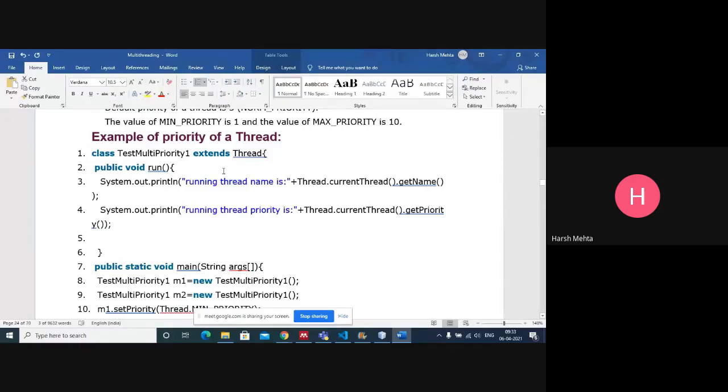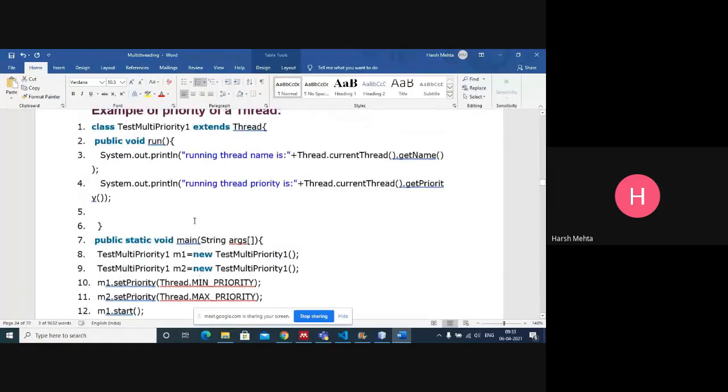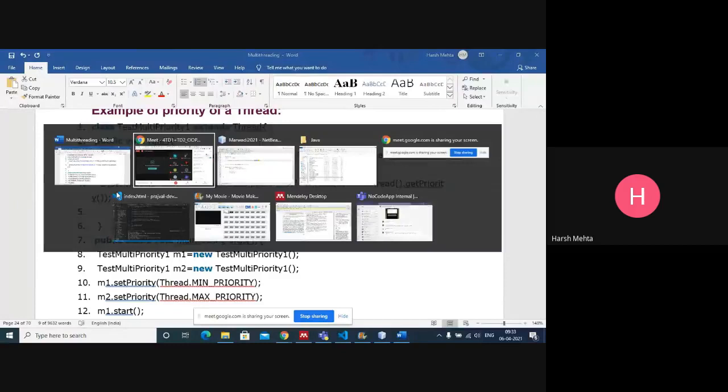Now, an example of the priority of a thread. Let's execute this example. Very important: inside this run method, let me put these two lines.